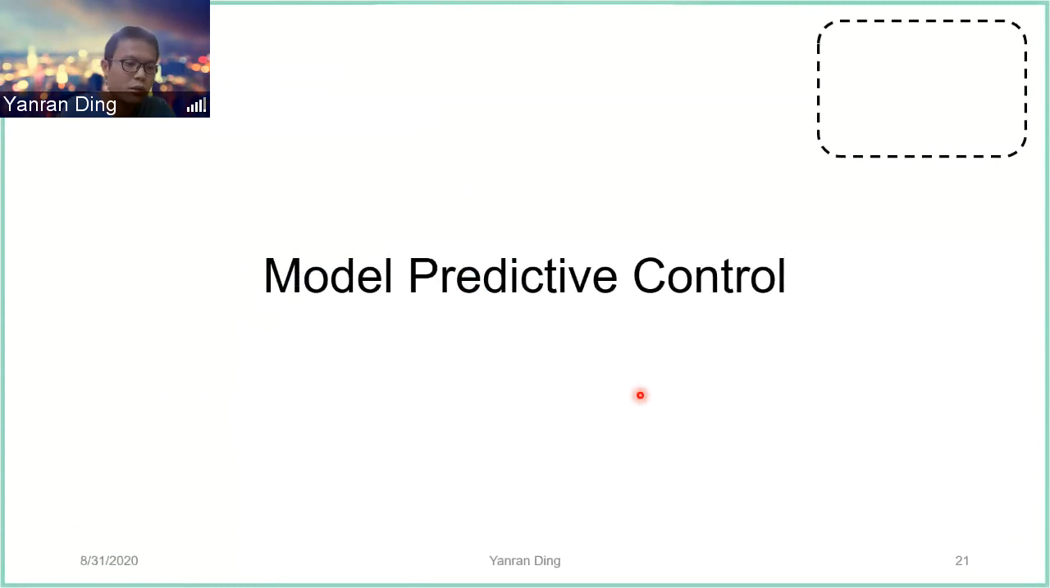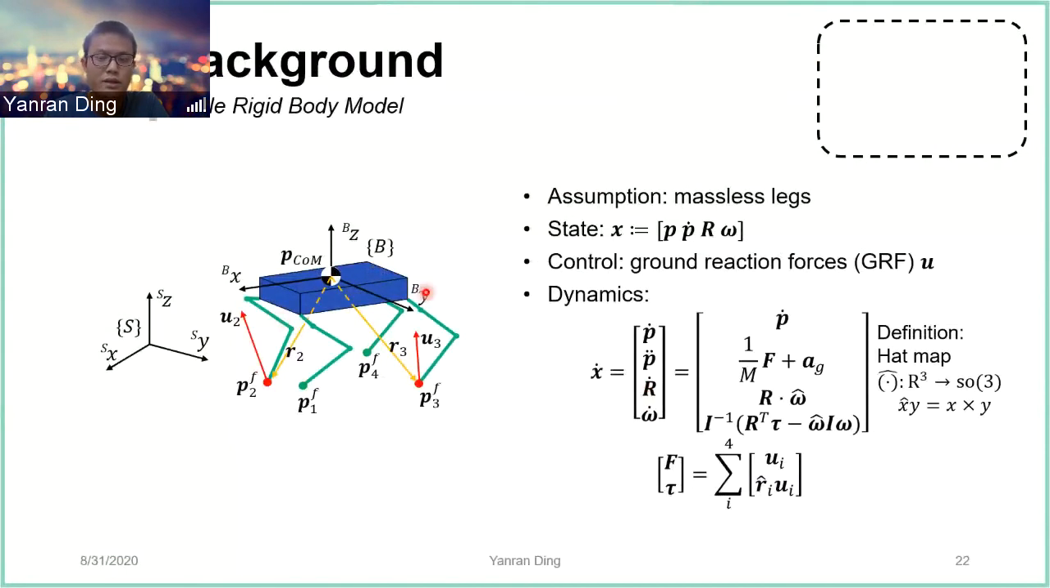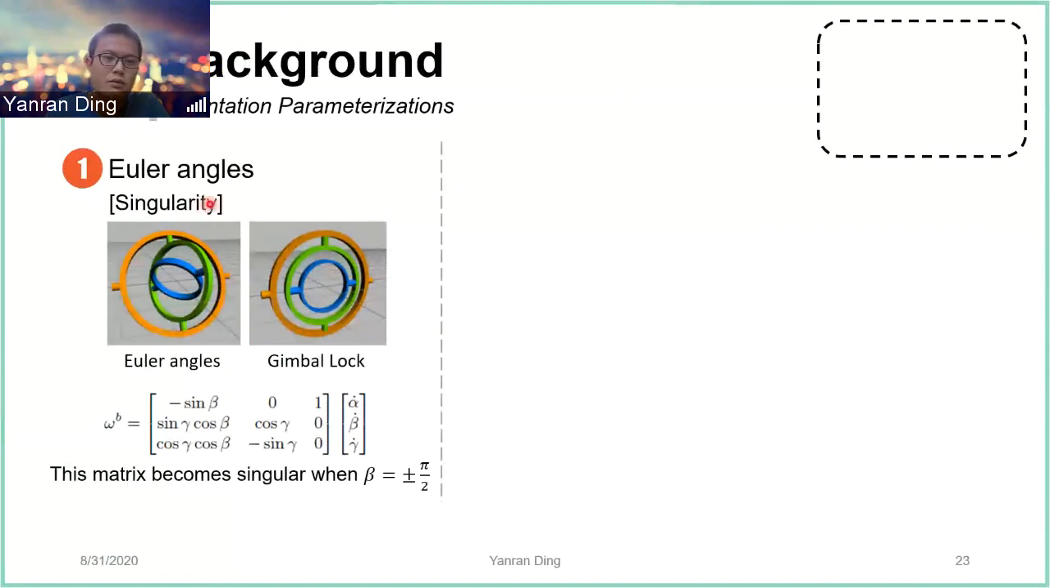Okay, so the last part of my talk concerns the model predictive control on the robot. We assume the robot to be a single rigid body, so we neglect the leg masses. So we have a dynamics for the single rigid body. And the orientation representation that's widely used for quadruped robots is Euler angles. However, it has the singularity issue, which is also known as gimbal lock. So when two or more axes of the rotation are collinear, this matrix becomes singular and it has some